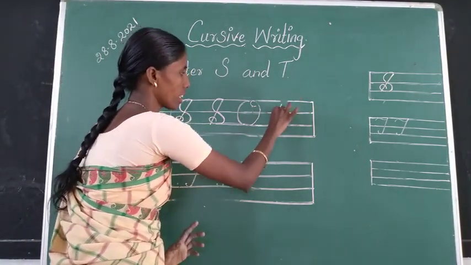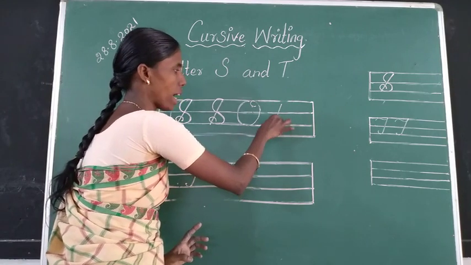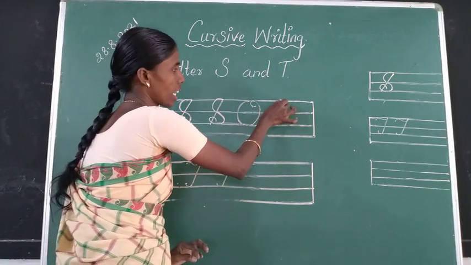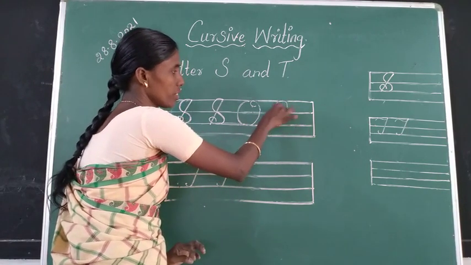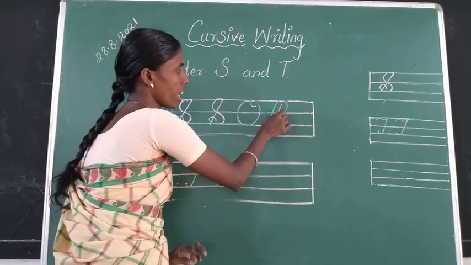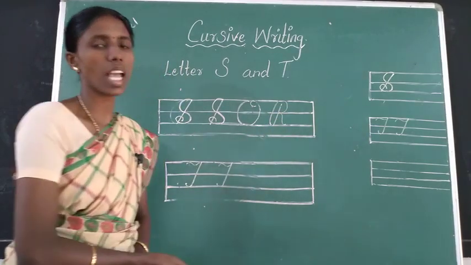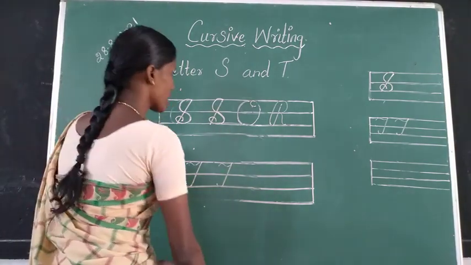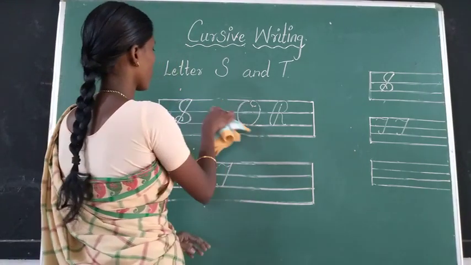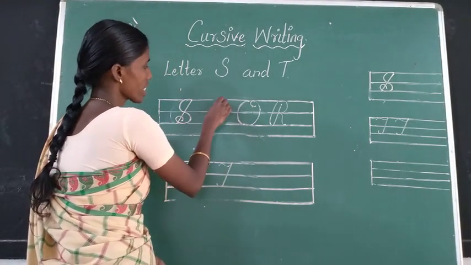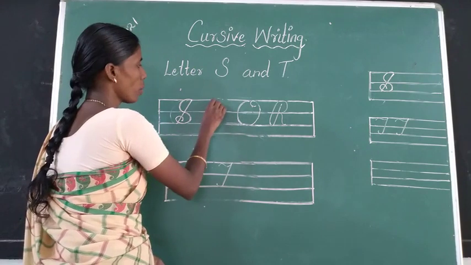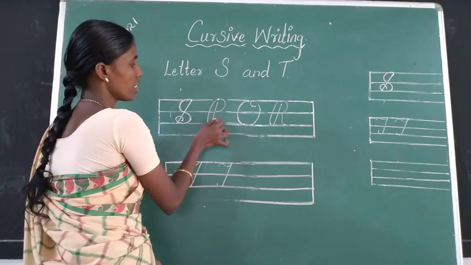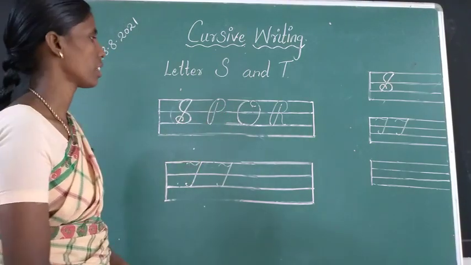Okay. Draw a slant line. Then turn it back side and go up with slant line till top line and come down with right curve till second line and draw a curve line till third line. This is capital letter R in cursive form. Okay, next cursive letter P. Draw a slant line, turn it and go up to the top line. Draw a right curve. This is capital letter P.